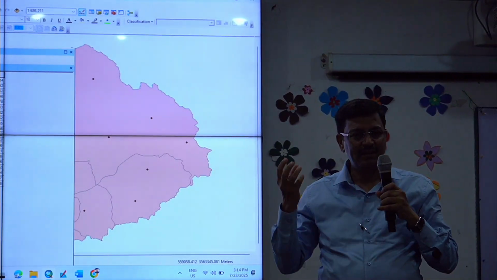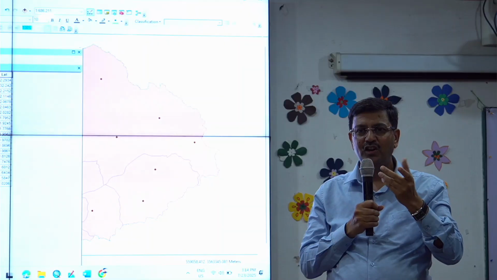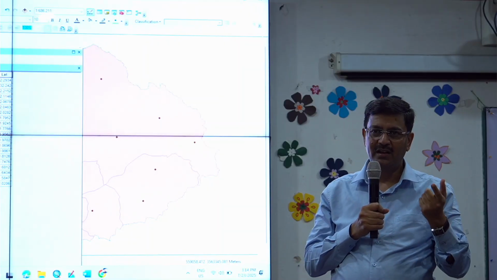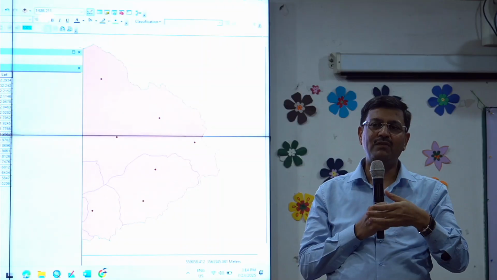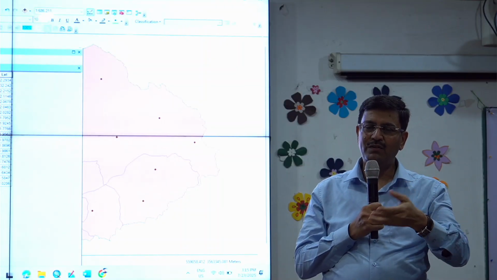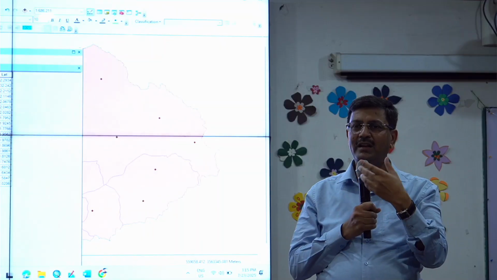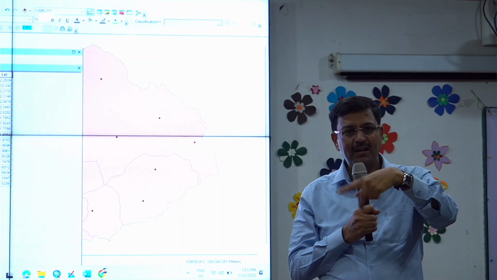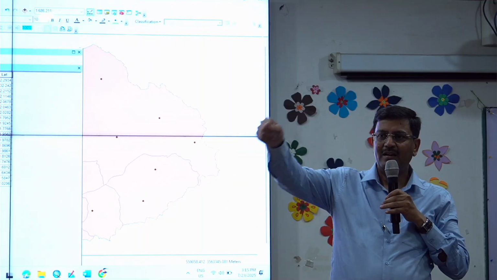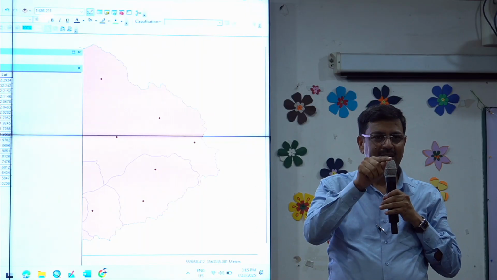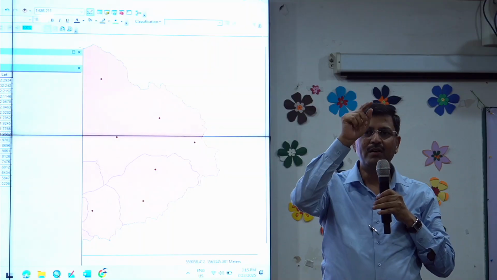All the phenomena, any object on the surface of the earth, be it natural or human. If we talk about a river, it is a linear feature. If we talk about human-made canals, it is a linear feature. If you want to map, it could be a linear feature. If you want to see any pole, a chimney, any tower, it is a point feature. Or you take any forest area, any agriculture area, or built-up area, it will be a polygon feature, right? So once you have referenced that map, and if you draw a cursor on a map, that will give you the area, perimeter, length, or if it is a point, it will give you a coordinate, right?